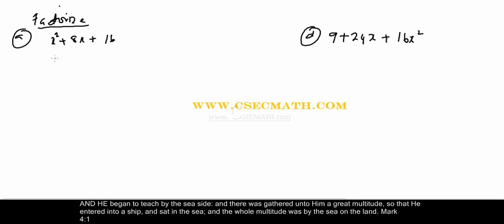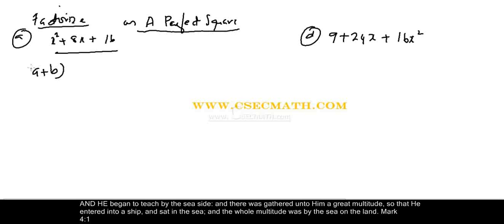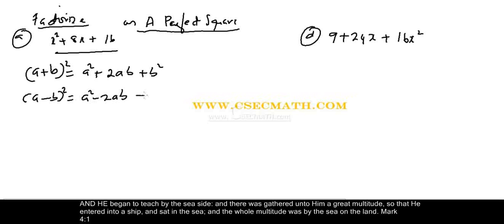In these questions, we will be factorizing the given system as a perfect square. Okay, so now here we have (a + b) the whole square equal to a squared + 2ab + b squared, and then (a - b) the whole square equal to a squared - 2ab + b squared, formula 1